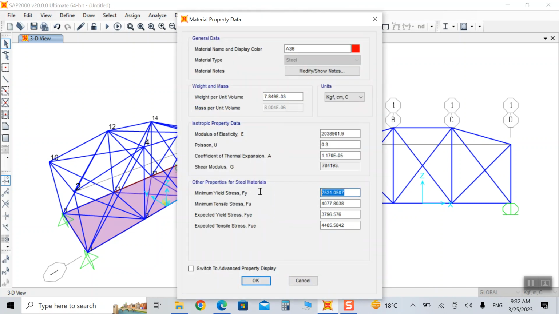We have to change here 3200. Here we can get 3300, 3200 and 3300. Then here also we can change this 785. And now why I get expected yield stress, expected capacity is 100 more, because we say to software that